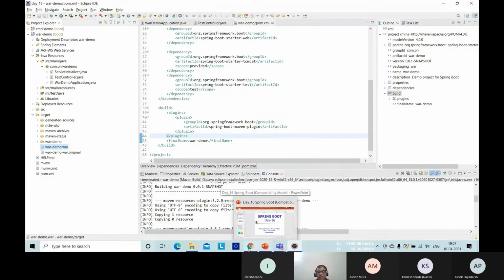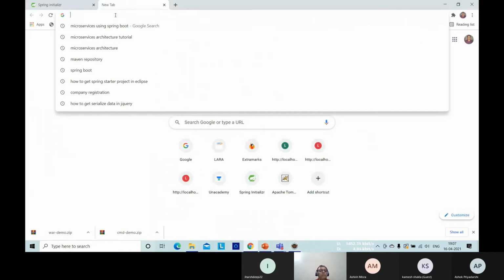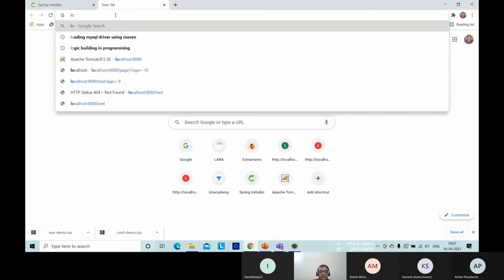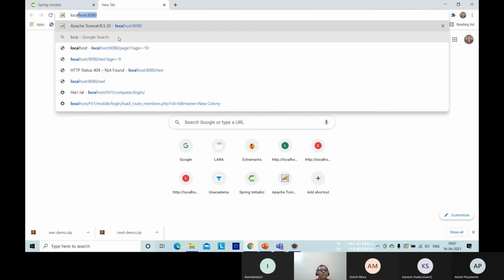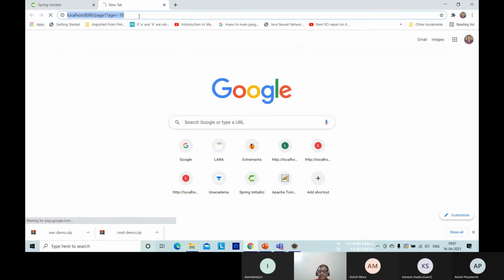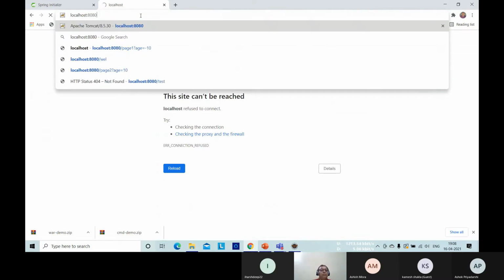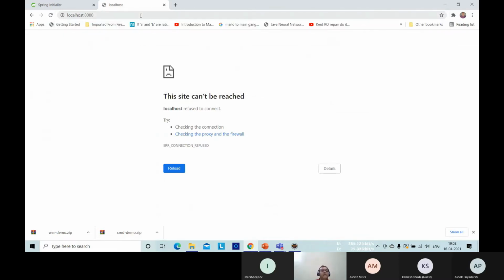Now let's go to localhost and see whether my Tomcat is running or not. So Tomcat is stopped.